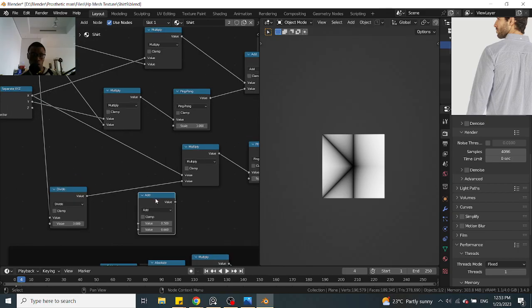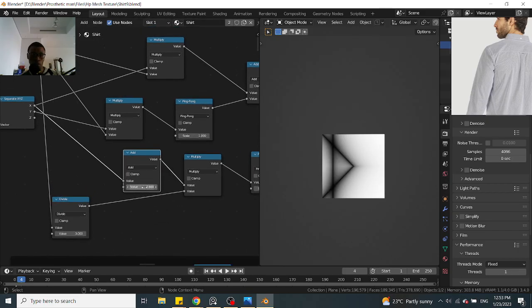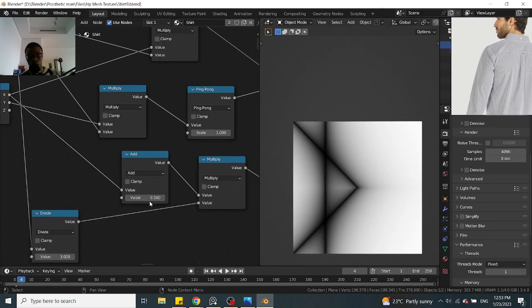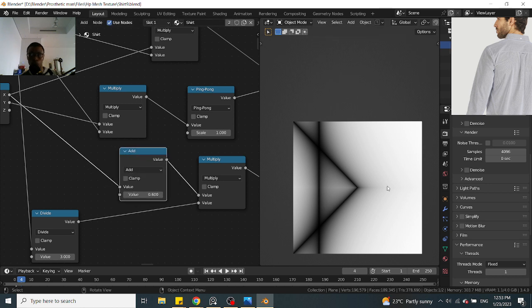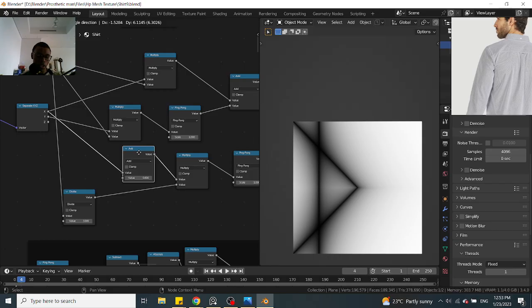So I'm trying to move this to the side, right? And let's move it to 0.5. No, 0.6 was actually okay. Yeah, I think 0.6 is okay. So I'm trying to move this by 0.6, and